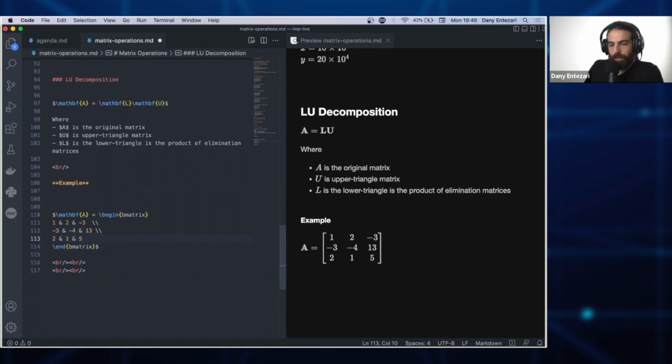We want to factorize this matrix. We want to extract from this matrix the L matrix and the U matrix. To get to the U matrix, we must first do the L matrix. To get to the L matrix, we need a sequence of elimination matrices. Here's the idea. In the previous example where we used Gaussian elimination, yes, we did those row operations, but we